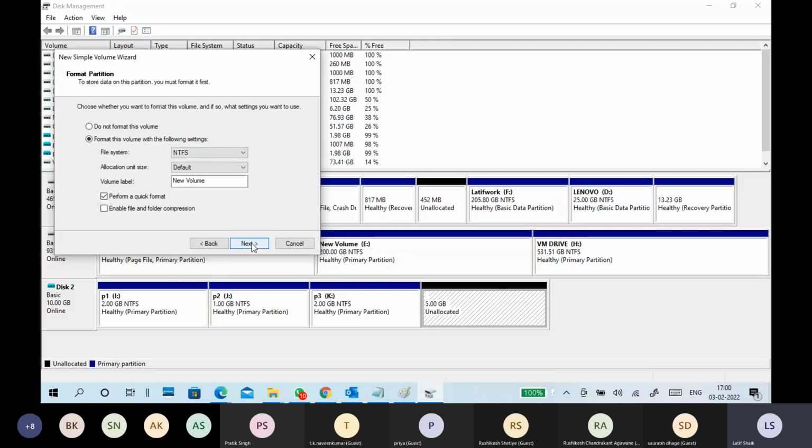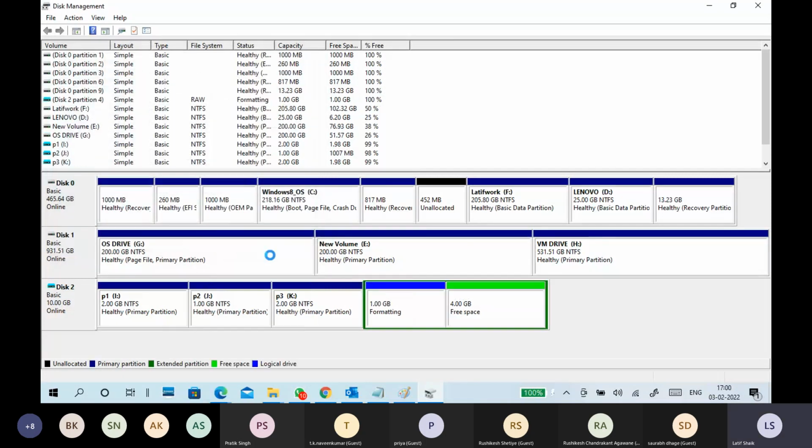But what happens? See, look here. I put a name, L1. Okay, that's a name only, so don't worry about it. See what is happening here. Automatically the remaining partition becomes an extended partition. So you can see the color of the extended partition, and this is the logical drive. Exactly, say logical drive, not logical partition. See, primary partition, logical drive. This is the extended partition.